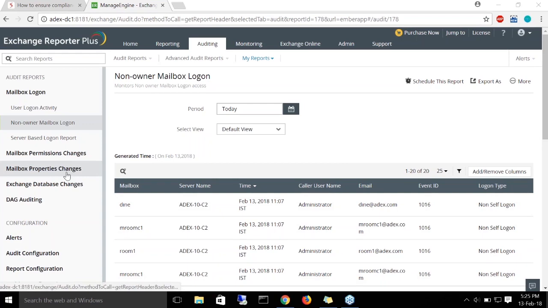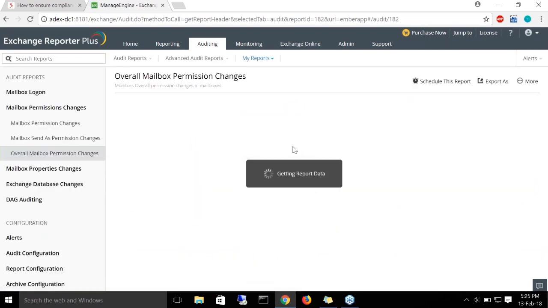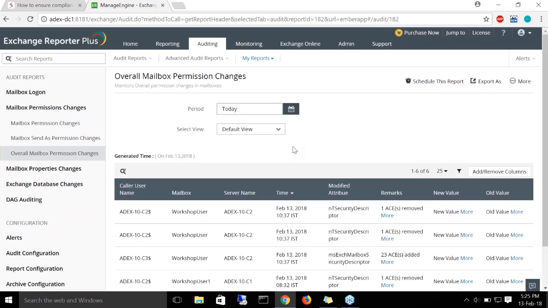And then another report that I kept mentioning was the mailbox permission changes report. If you take a look at the left-hand side, there is something called mailbox permission changes, and there's a report named overall mailbox permission changes. Once again, this is something else that is going to help you comply with a variety of mandates. You need to know if any unscrupulous permission change has happened in your organization. This report shows you the name of the user who brought about the permission change, the name of the mailbox, the server name, and the time at which the permission change happened,